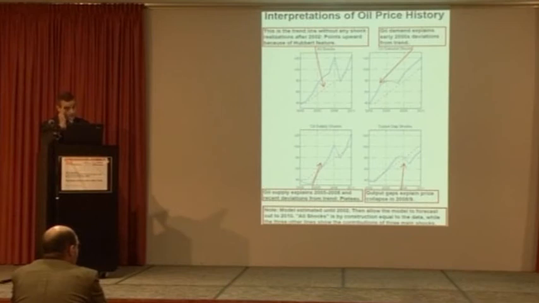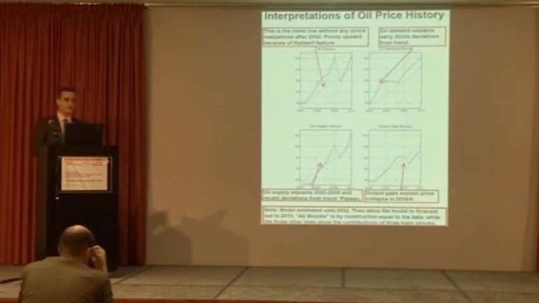Here is an interpretation of the oil price history. Basically, the blue line in the top left represents actual oil prices. This may be normalized at some year's price, I forgot, because this is the real oil price. So what we see, basically,